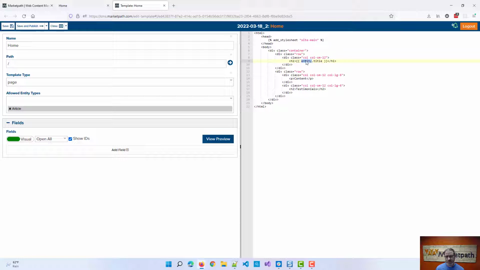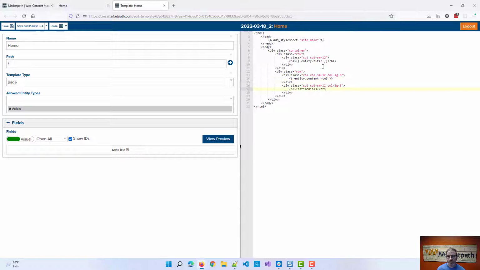So anything in here that is a page, we generically call an entity. So if this was a calendar entry, a blog post, it could even be a folder, an image, or a tag, or an author, or any of those things. It's generically referred to as an entity. So entity.title. So that's just how we refer to it there. I'm going to replace this with entity.content